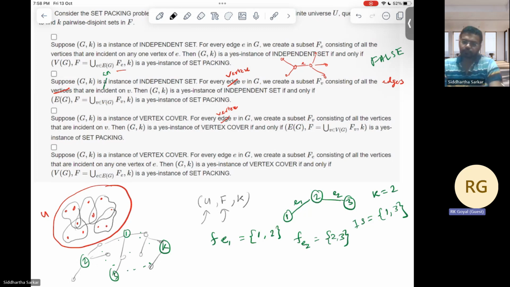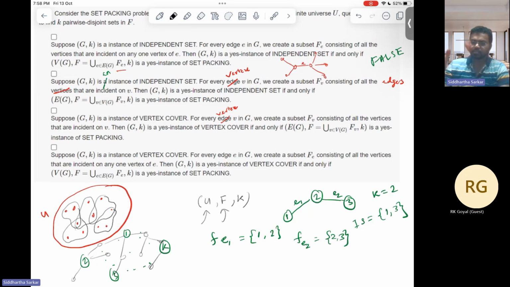So now we view it from the set packing viewpoint. Can I find k mutually disjoint sets of edges? Yes, the sets of edges here are mutually disjoint, as visible from this diagram. Each of the vertices of the independent set, the edges incident to them are disjoint because